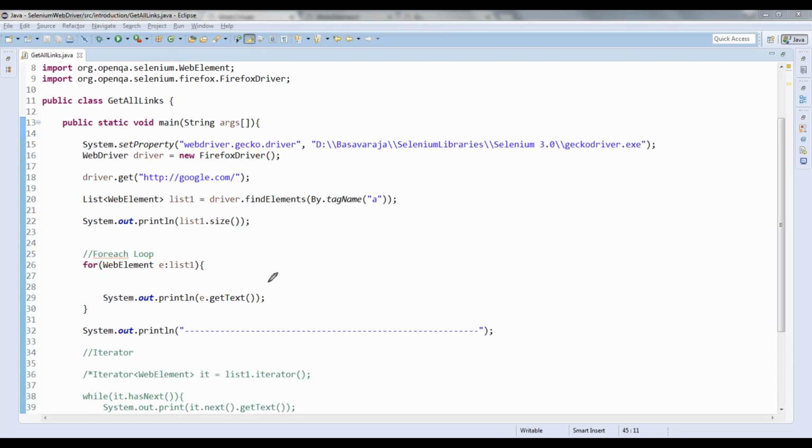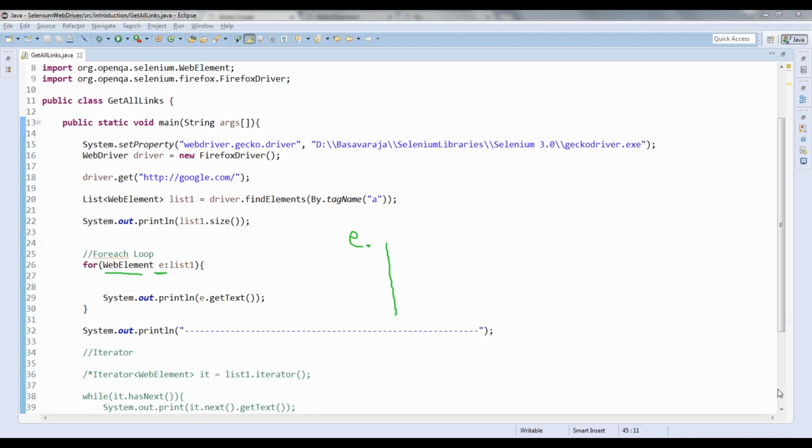So for each iteration, this is a web element. Whatever I am getting is the list of web elements, and those web elements are stored in this reference variable every time the loop iterates, and I am working on this particular web element, that is E. When you have the reference of a web element, using the dot operator I can get all the methods of that web element interface.